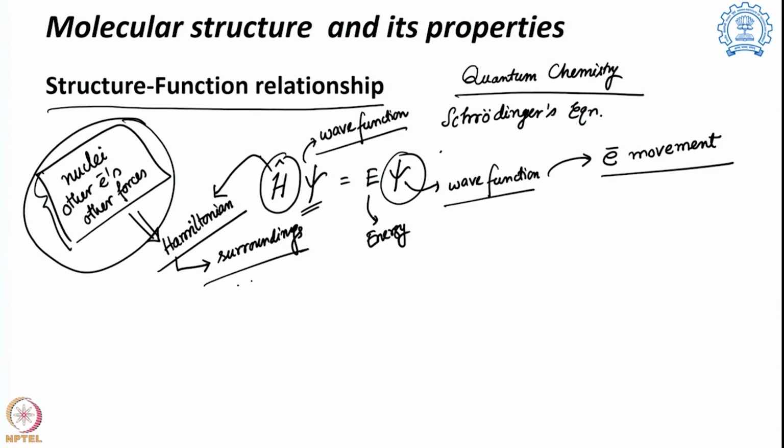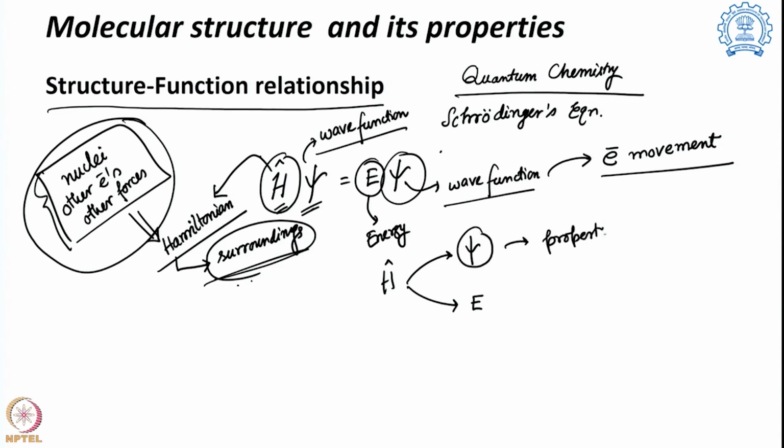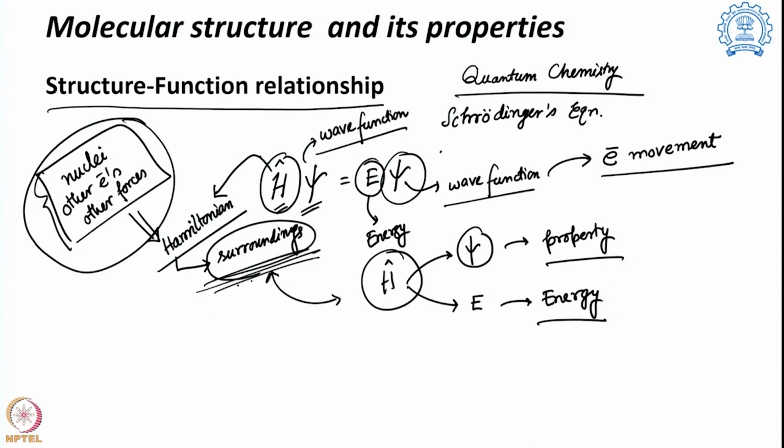Now, with this you can define that this surrounding has a lot to say, because if I change the Hamiltonian factor, it affects directly its energy. It also controls how the psi would look like. So, this Hamiltonian has a direct role to play on the psi, and a direct role to play on the energy. That means by psi I am controlling the property, and by E I am controlling the energy. So, with these two factors the Hamiltonian is controlling that, and it is controlled by the presence of the surrounding, and this surrounding is nothing but a